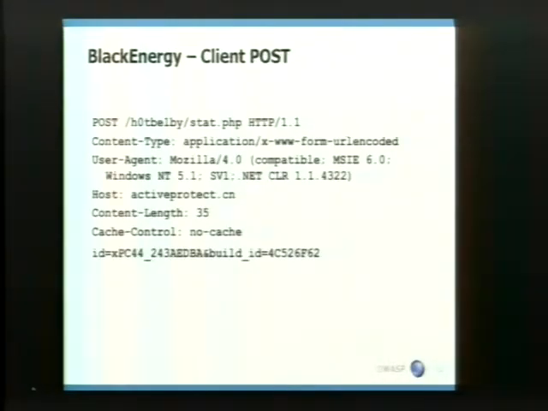Here's an example of the post that a BlackEnergy bot does. If you're an infected machine in your network, this is what the traffic might look like if you're doing a PCAP or you parsed it out. You'll basically see a post to whatever, usually stat.php and a host name, and it will send an ID and a build ID. A unique ID is the machine name with some numbers after it, and the build ID has to do with what the person set when they created the botnet. So it sends off a post with just that information, and it'll do this however often it's told to. In many cases, 10, 15 minutes. Every 15 minutes, it will pull into the server.